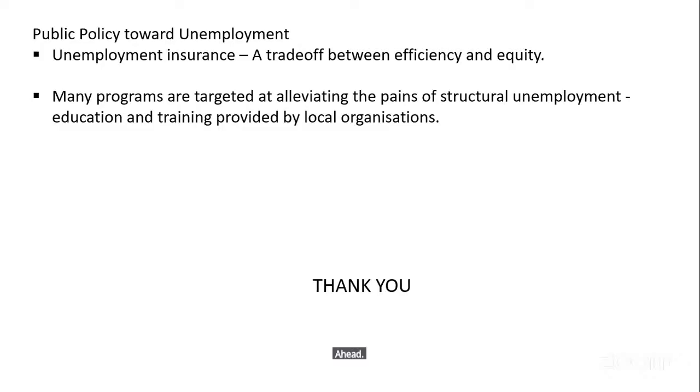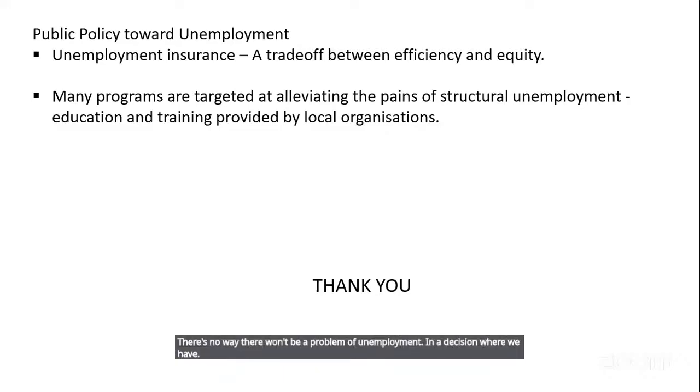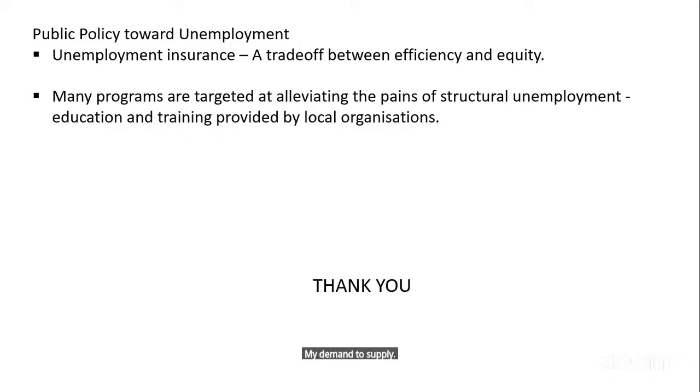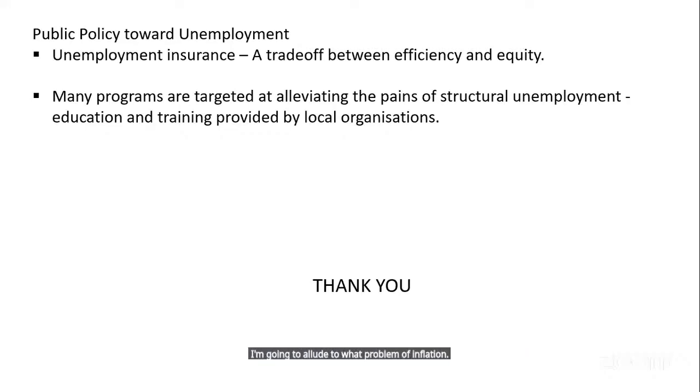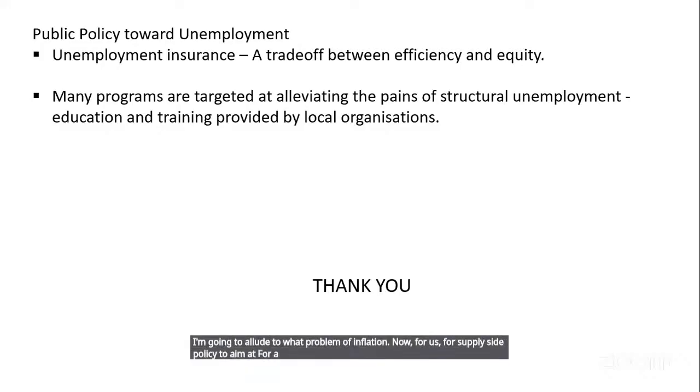Supply side policy aims to make the market work better by removing possible market imperfections. When the market is not perfect, there's no way there won't be a problem of unemployment. In a situation where we have more demand than supply, people demanding labor are more than people supplying labor. It's going to lead to what? Unemployment problem. And going to lead to what? Problem of inflation. Now, for supply side policy to correct market imperfection, one way is to improve education